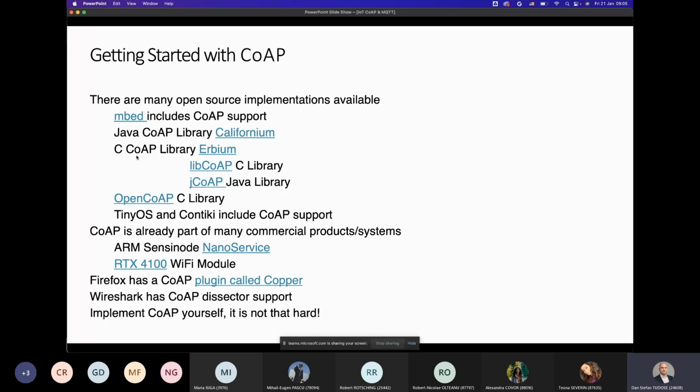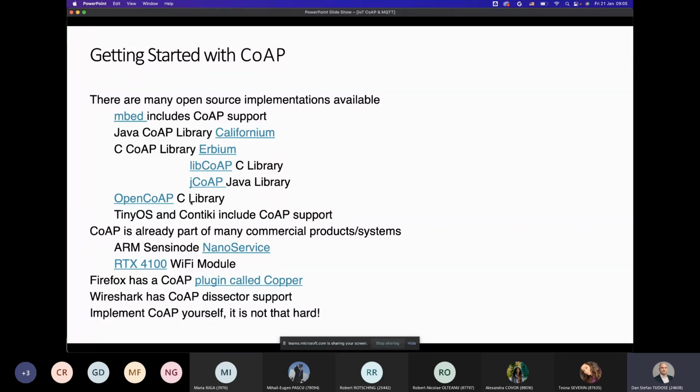You have a Java CoAP library as well that you can use to implement CoAP on your PC. You have C CoAP libraries which are open source, and you can definitely use them in your embedded applications. libcoap, jcoap, RPM as well.